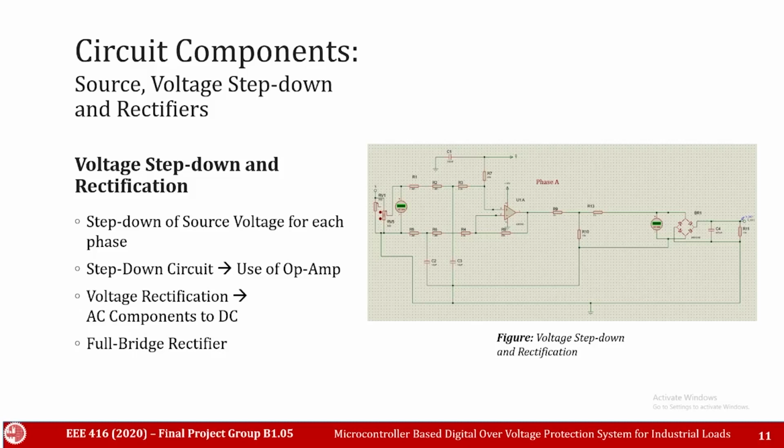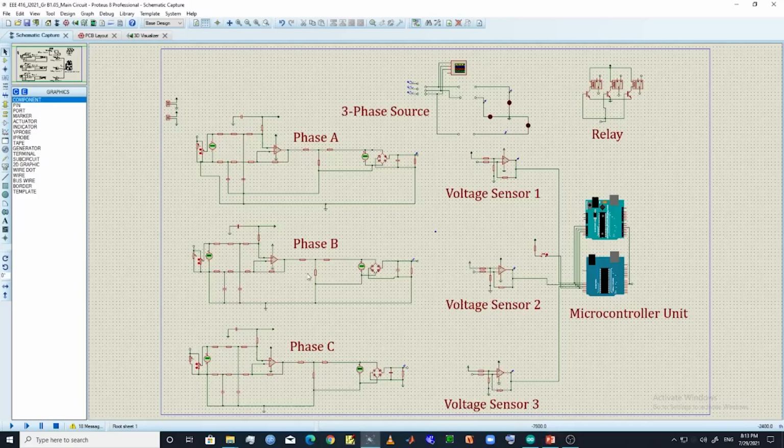The voltage was then rectified using a full bridge rectifier to get rid of the AC components. The signal is then sent to the voltage sensor. Now let us look at our simulation here. In our simulation, we can see that the design contains all the components for our voltage protection system as mentioned